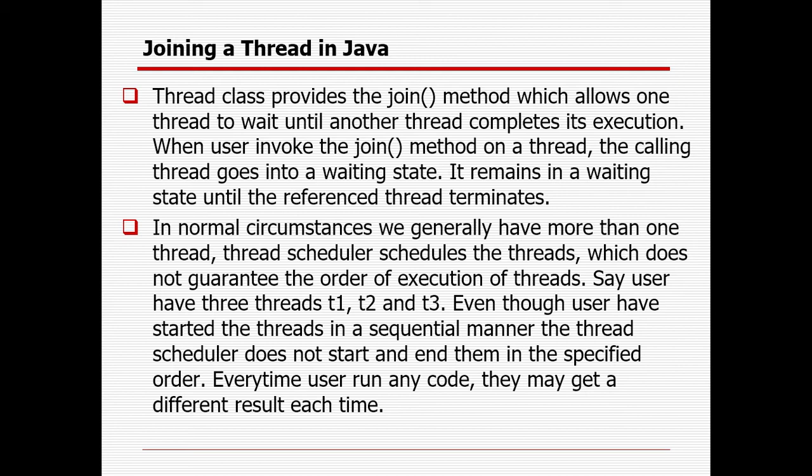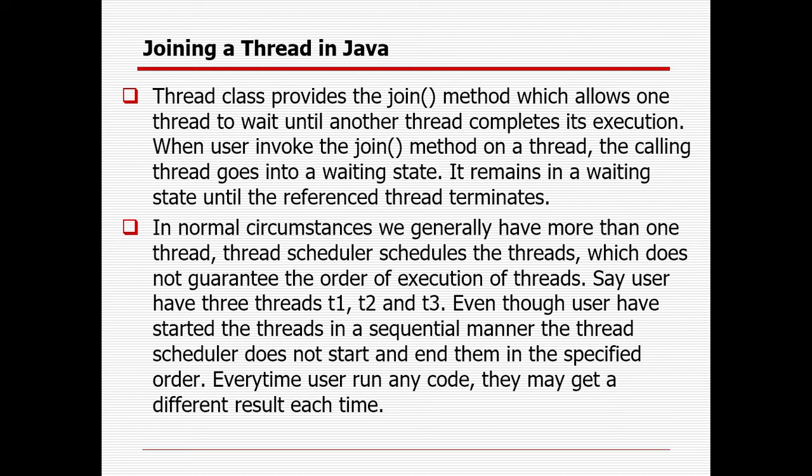Through the join method, you can join the different thread instances so that one will complete and the others will be in waiting status. Once that particular thread completes its task and is dead, the other thread will come into the picture and run. After that you can also join for the second thread, so that the third thread is still in waiting status, and once T2 completes the execution, then T3 will come into the picture and complete its execution.